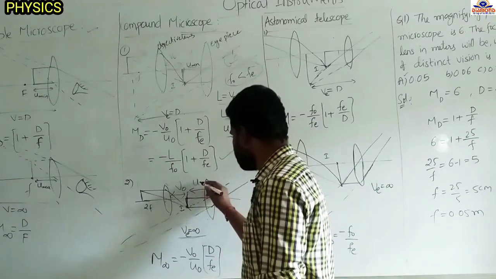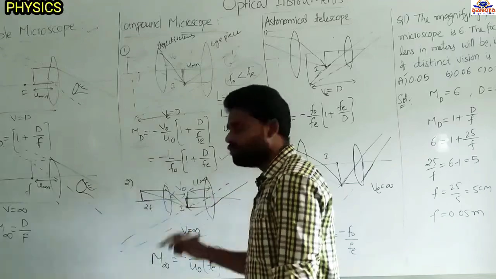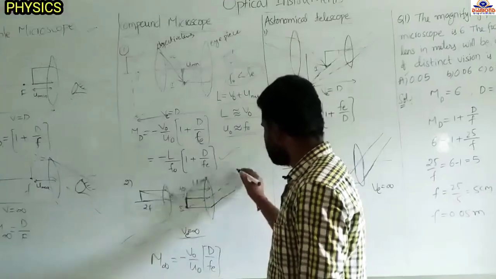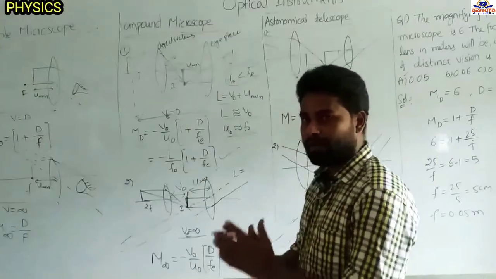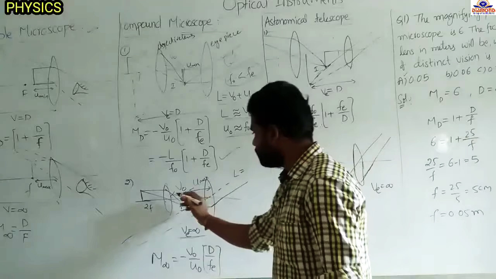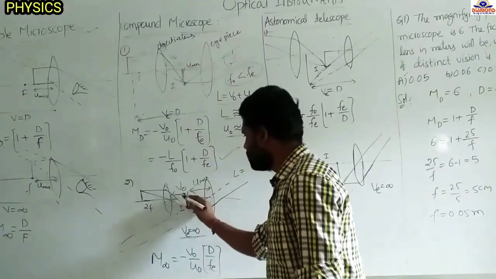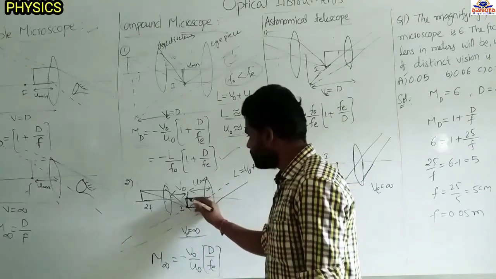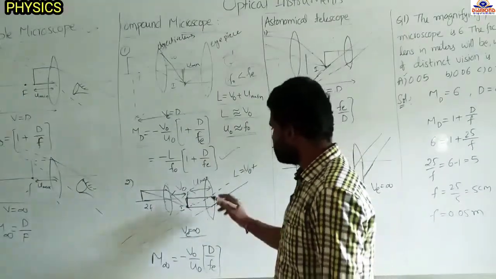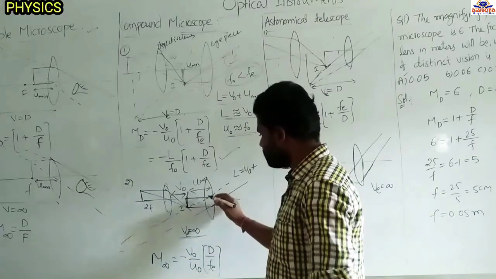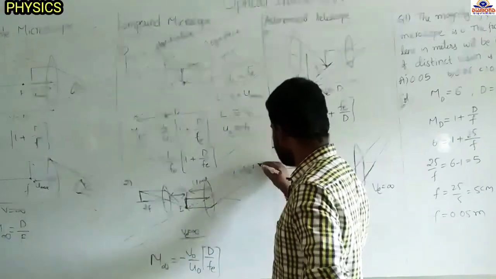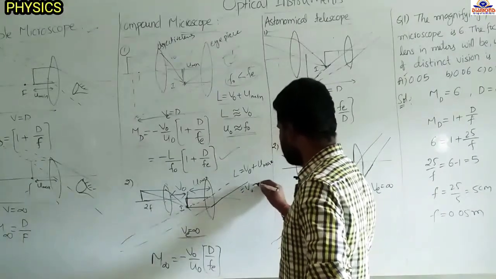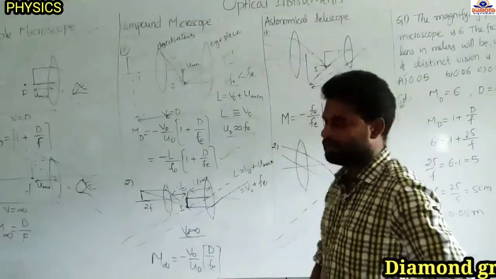This is the U max. So U max is almost equal to the focal length here. Now this image is forming at infinity. In this case, the length of the compound microscope, from here to here, is nothing but the image distance of the objective lens, V naught, plus U max. Now in this case, it is in the maximum condition. So the object is at the maximum distance, so U max is almost equal to the focal length of this eyepiece. So we can write V naught plus Fe.